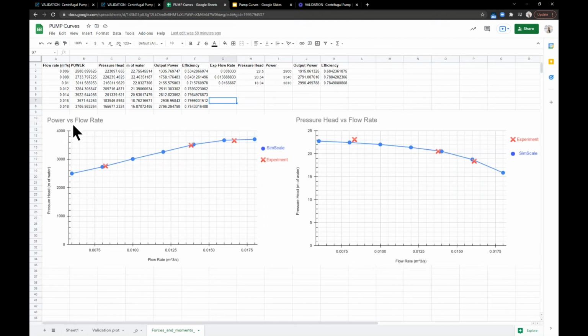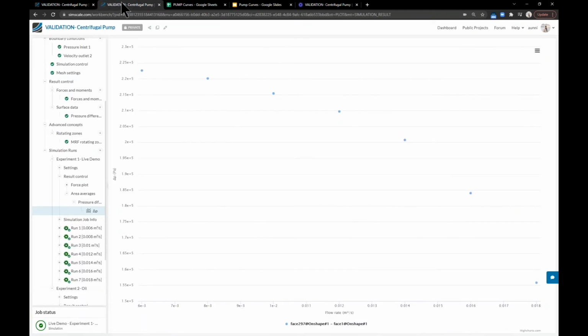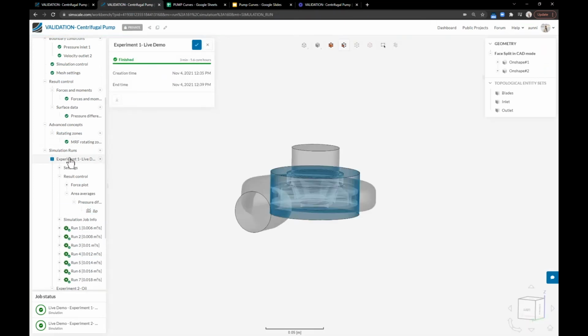And as you can see, for the input power, we're pretty much bang on within 1%. And for the pressure head, again, we're within 2% for the pump curve. So not only is it extremely fast, but it's also really, really accurate. So as far as a quick overview of the new pump feature, I think that's pretty much it from my